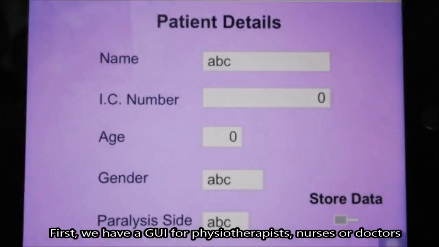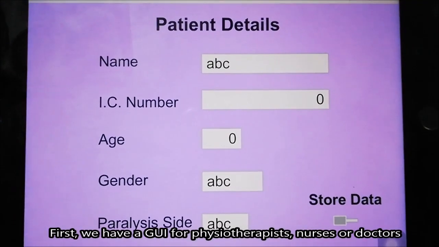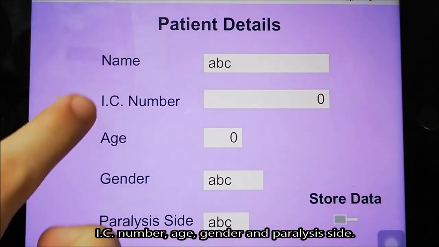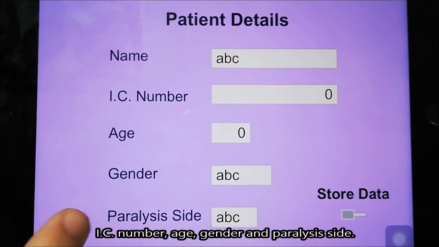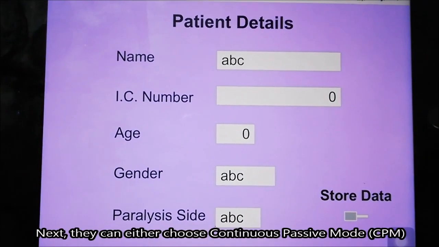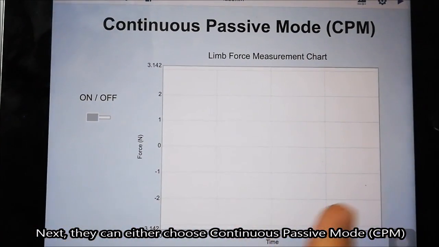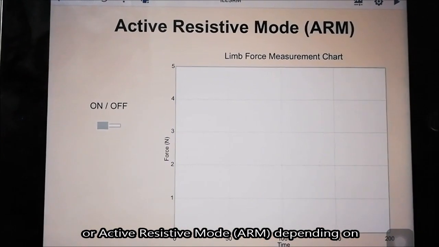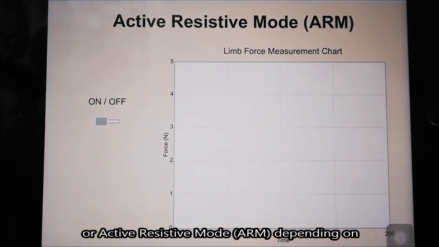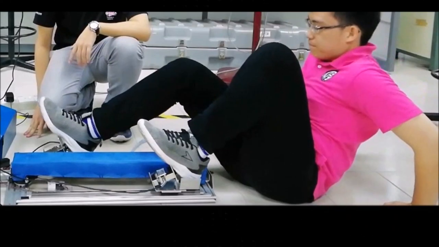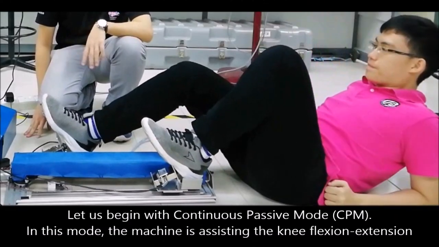First, we have a GUI for physiotherapists, nurses or doctors to input the patient details, including name, IC number, age, gender, and paralysis side. Next, they can either choose continuous passive mode, CPM, or active resistive mode, ARM, depending on the strength of the paretic lower limb of that stroke patient. Let us begin with continuous passive mode,